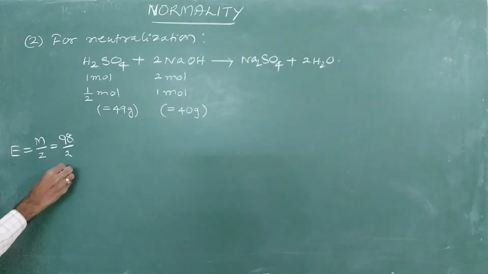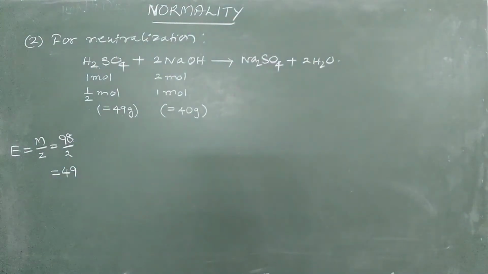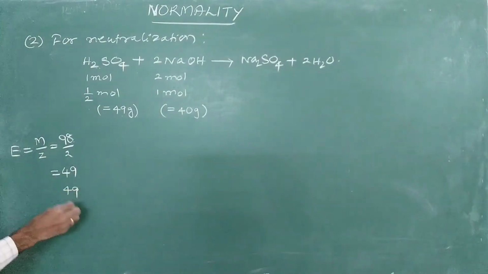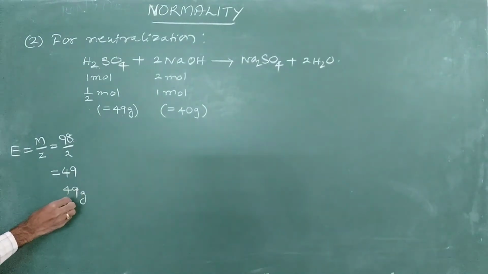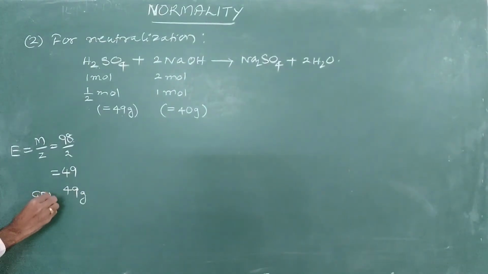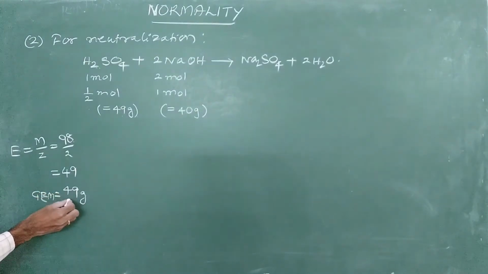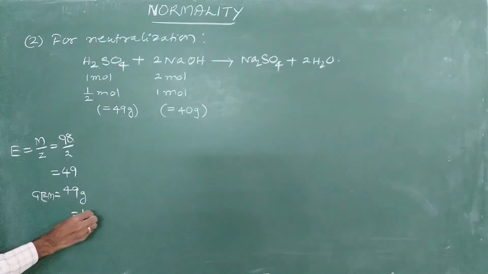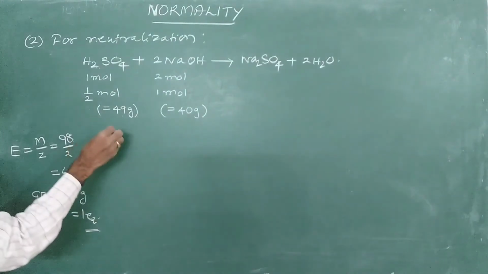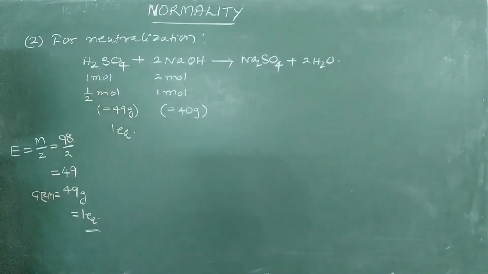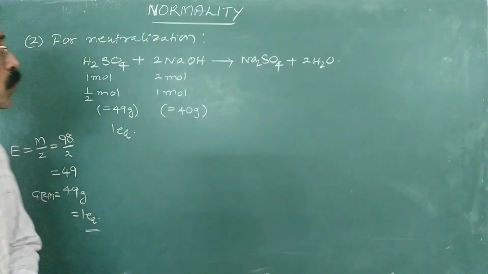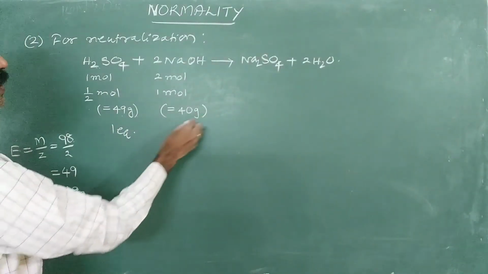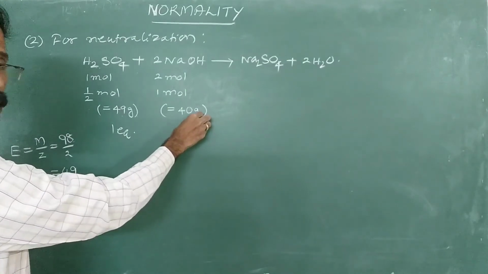Okay, so what is equivalent mass? That is 49, and gram equivalent mass is 49 grams. So this is gram equivalent mass, and 49 grams of sulfuric acid will be equal to 1 equivalent. Here 49 grams means 1 equivalent, and similarly for sodium hydroxide 40 grams is equal to 1 equivalent,